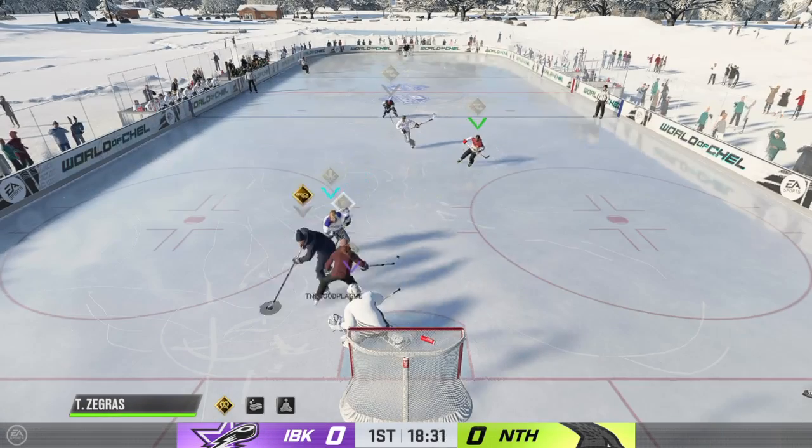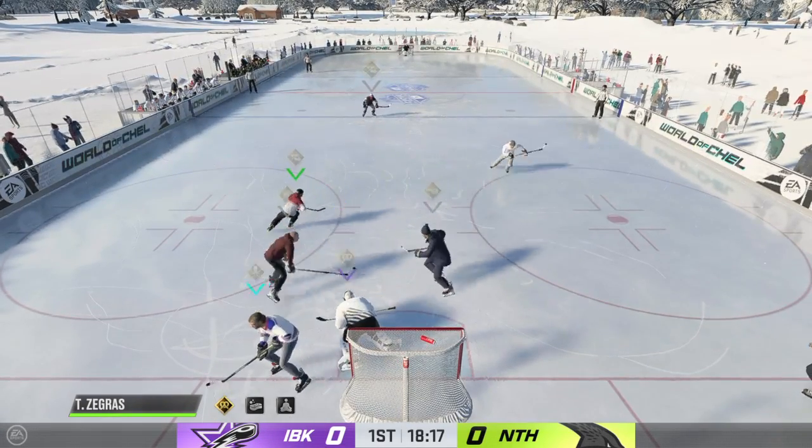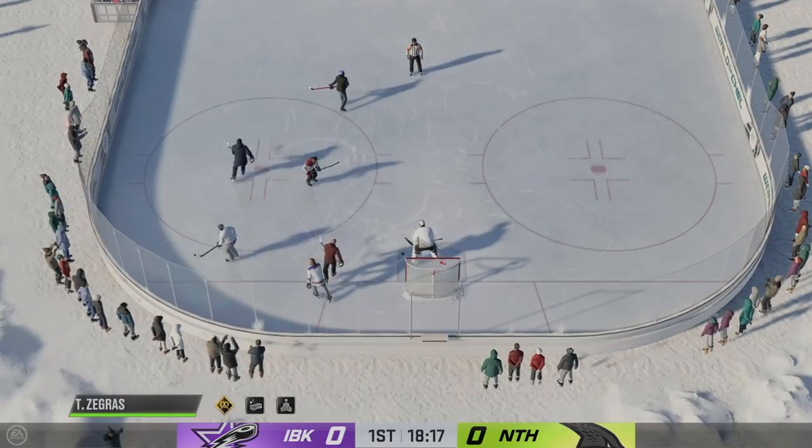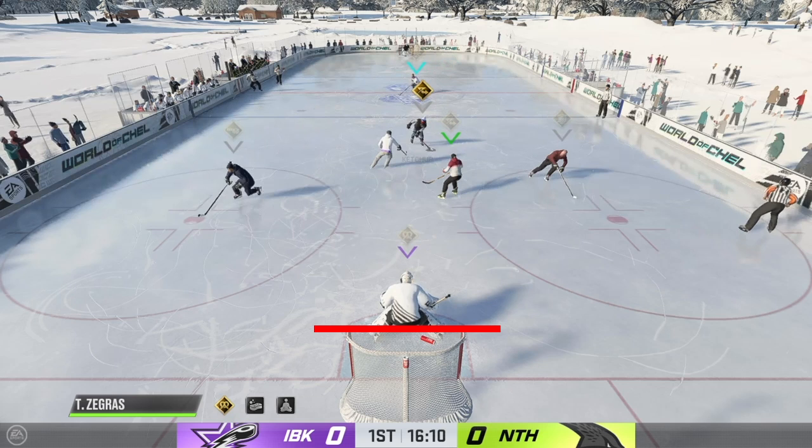Moving on to actual gameplay now, I want to go over the most tips I can that you can use right away to improve your goalie gameplay. The biggest change I've noticed this year is that you have to challenge the shot more. In past games, you could get away with playing deeper in your crease, but this year it seems like everything goes in. The best way to stop the puck this year is challenging the shooter and trusting your defense to